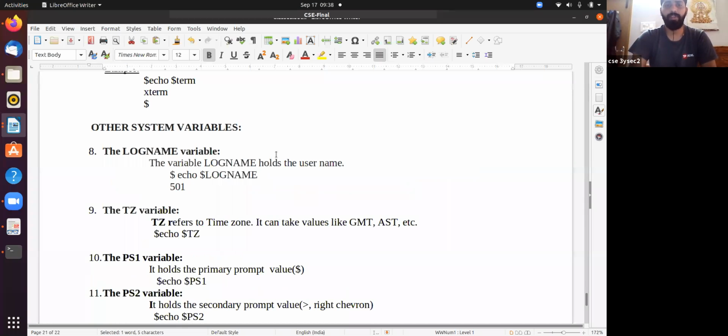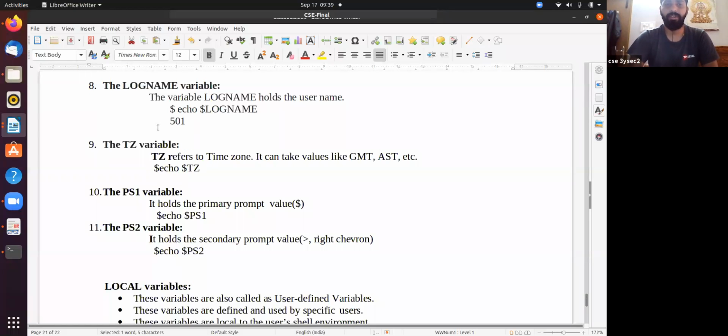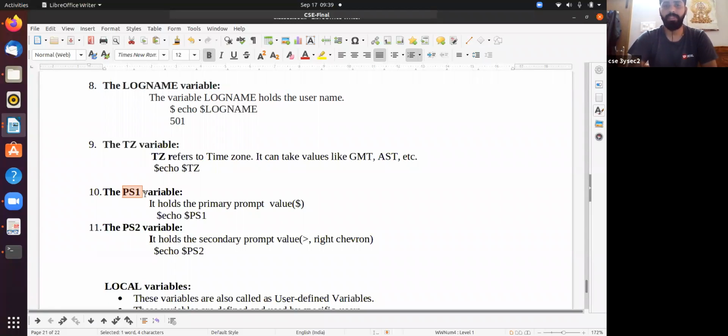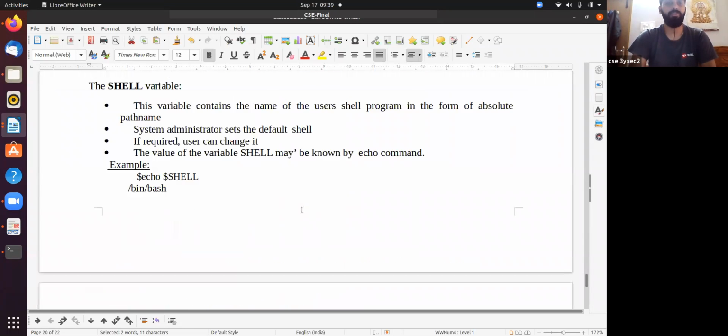The LOGNAME variable displays the username. The TZ variable refers to the time zone. The PS1 variable displays the primary prompt value, which is a dollar, and the PS2 variable displays the secondary prompt value. Okay, so this is about today's session.